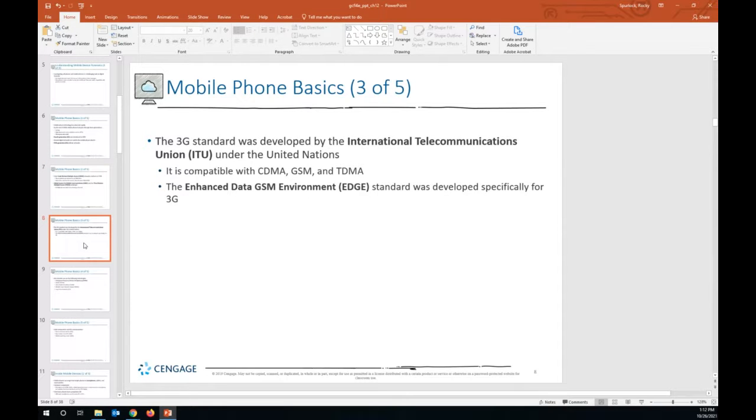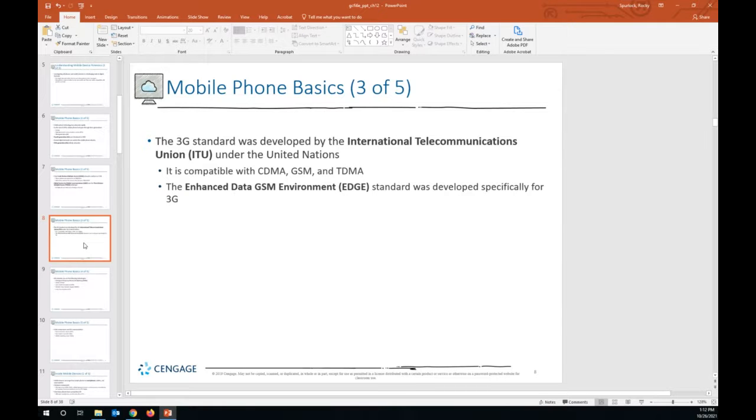The 3G standard was developed by the International Telecommunications Union. It was under the United Nations. It's an international organization dedicated to creating the telecommunications standards.